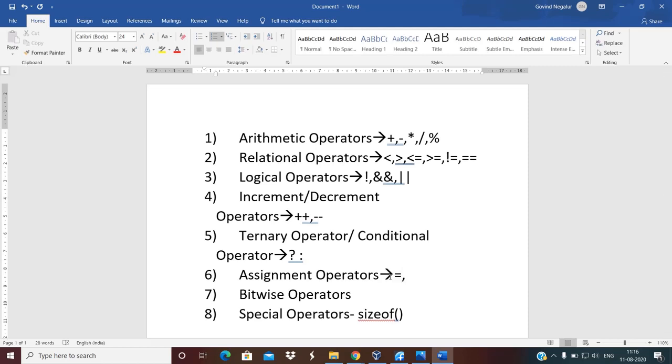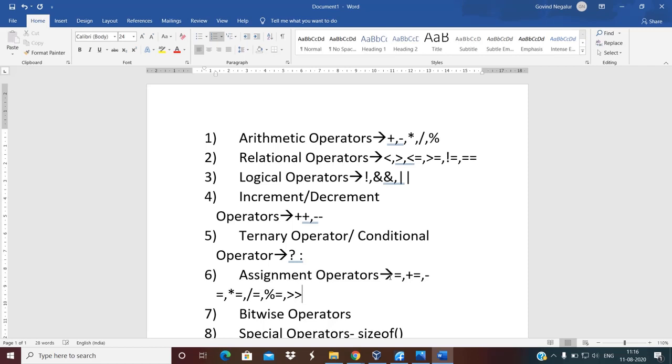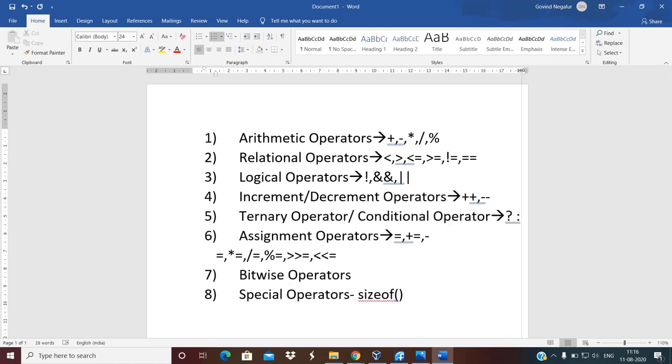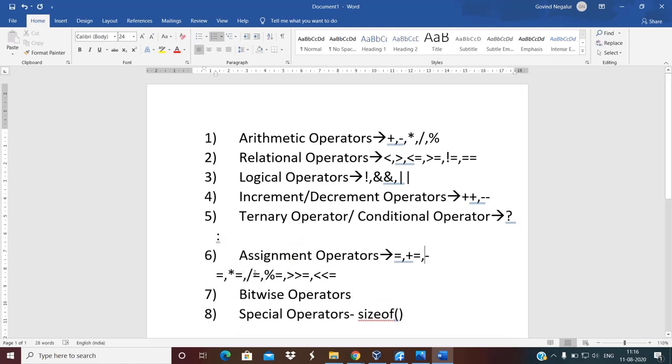How many assignment operators are there? Equal to, plus equal to, minus equal to, star equal to, division equal to, mod equal to, and also left shift equal to, right shift equal to. Okay, so that is the assignment operator. All these 5 are the assignment counterparts of your arithmetic operators: plus equal to, minus equal to, star equal to, front slash equal to, mod equal to, and these two are bitwise versions of the assignment operators, right?